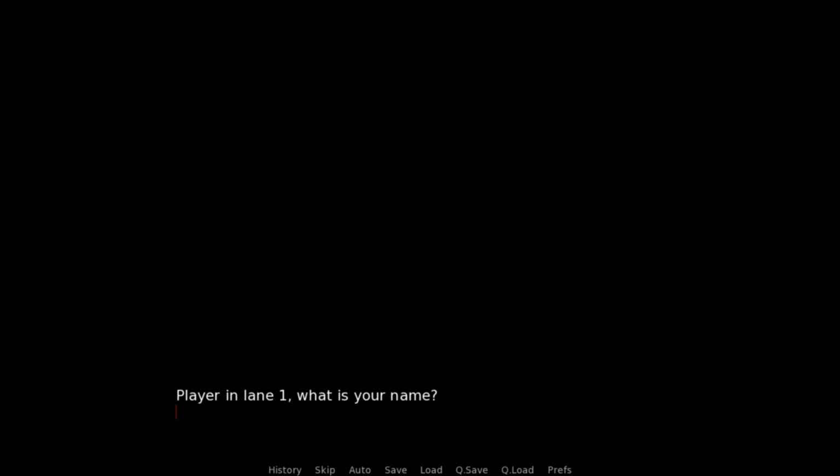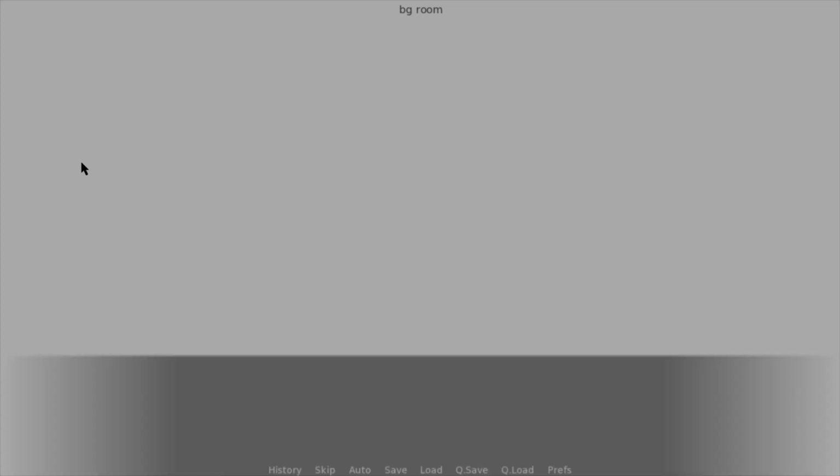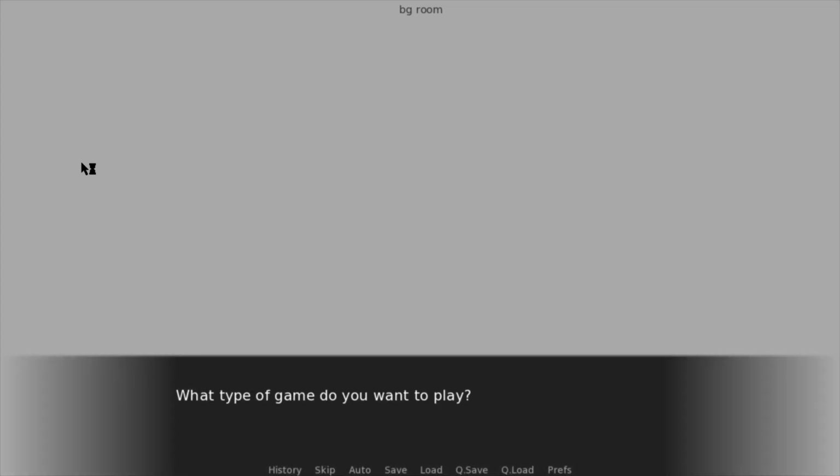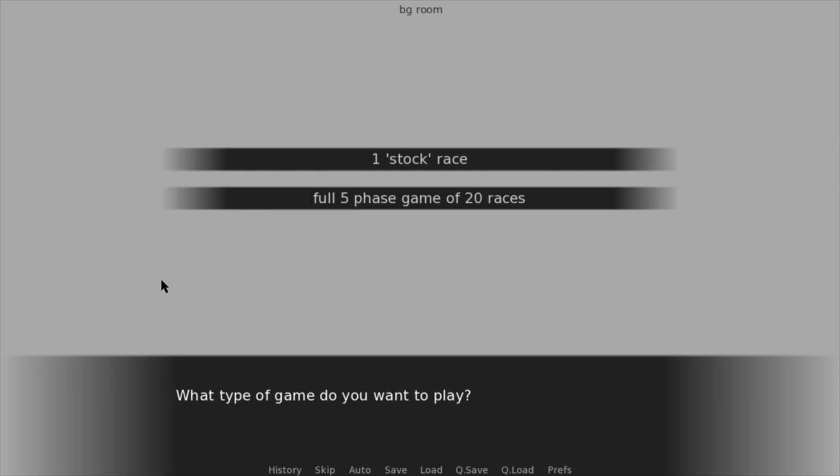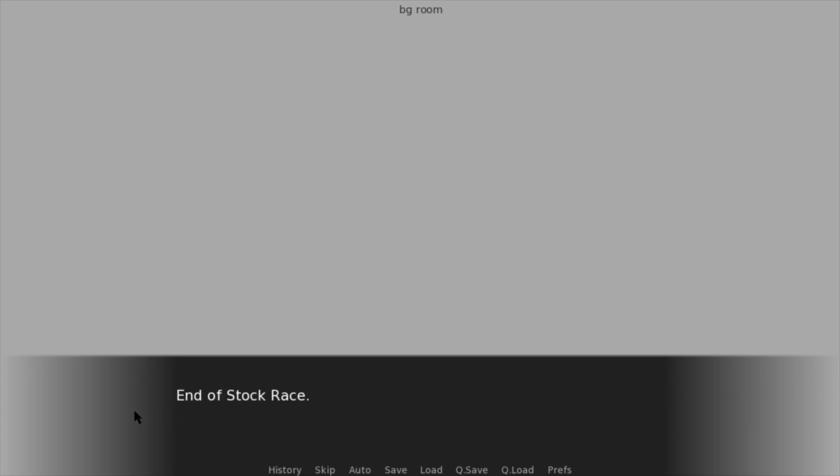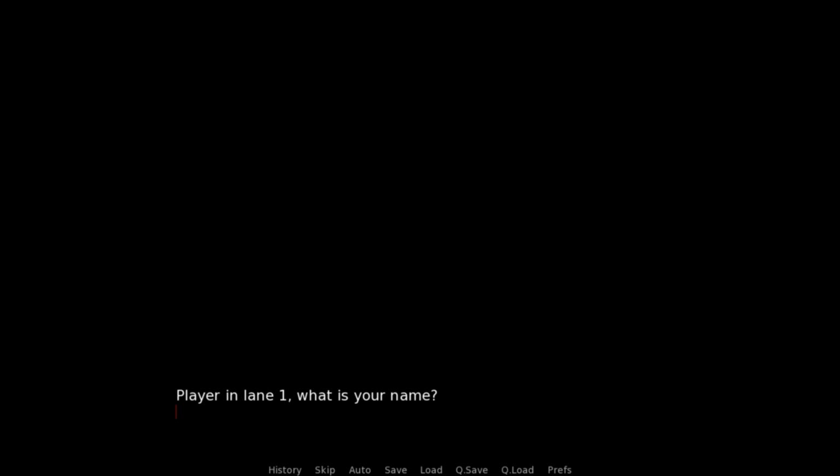So I'll show part of the game. Player in lane 1, so I'm going to press enter on these questions so that you can see it still works. So we have, what type of game do you want to play? We have the stock race or the full 20 race game. So I'll do stock race just to show. Beginning stock race, end of stock race, and then we exited. So if I go back in,